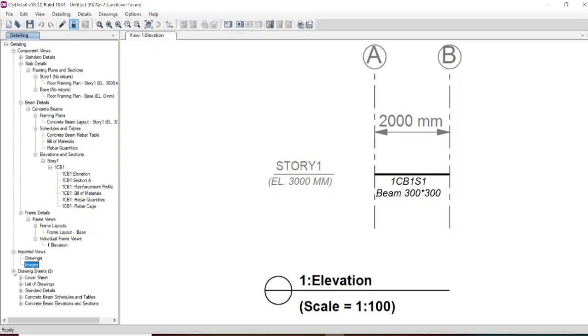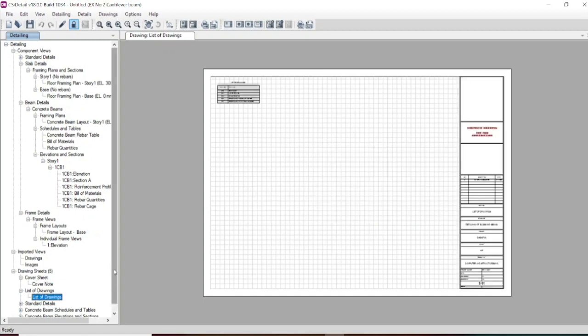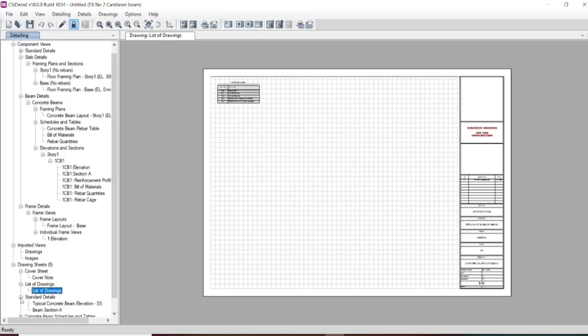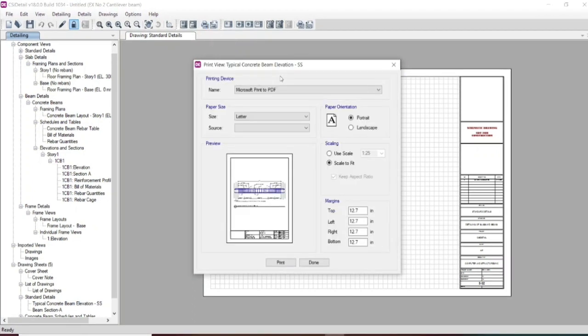Let us see the drawing sheet which will be here. When you are taking a printout, you will be getting these drawing sheets. This is the standard detailing. So you can make the print preference. If the drawings are very small, you can make it to your required size.